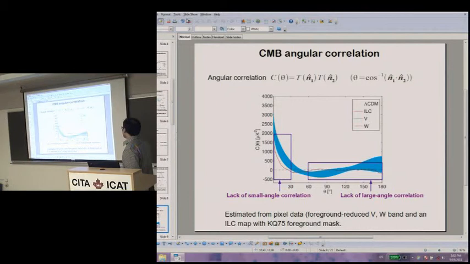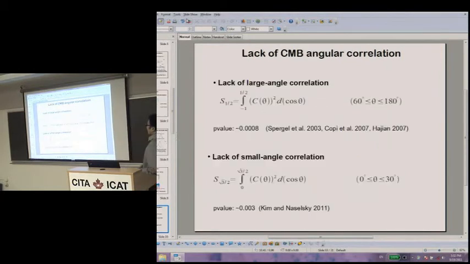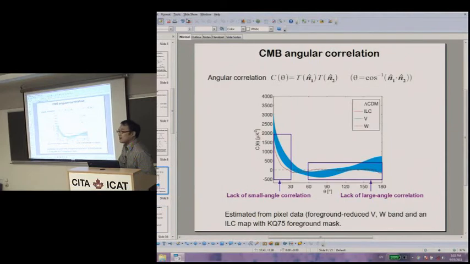You may see here there's a lack of angular correlation, quite close to zero. This is known since WMAP data, and here we also note the lack of angular correlation at small angle. Because we are scientists, we should be more rigorous than that. Sorry for interrupting, this is just the normal angular correlation, there's no parity. I'm slightly off the main topic, and I'll get back to the parity-related part.